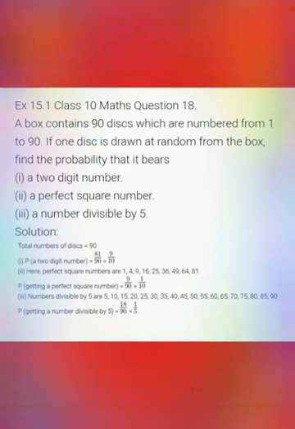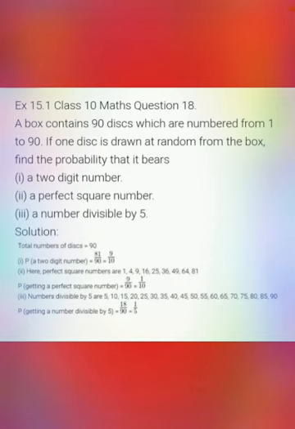A box contains 90 discs which are numbered from 1 to 90. Here the preposition "from" has a great meaning. Suppose "between" comes, you have to exclude the first number and the last number. When "from" comes, you have to include the first and the last number. So 1 to 90 you have to take into account. If one disc is drawn at random from the box, find the probability that it bears,